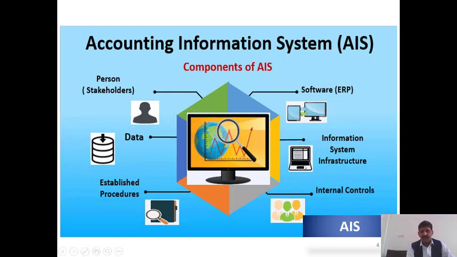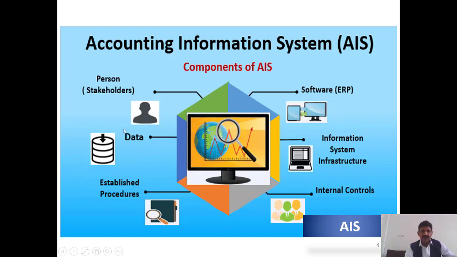I mean, if there is no computer, no keyboard, no mouse, no Windows in the system, no RAM or disk, then the software alone doesn't work. So these things are also very important to make what? Accounting information system. Data, I told you, may be recorded in the journal, and data are facts and